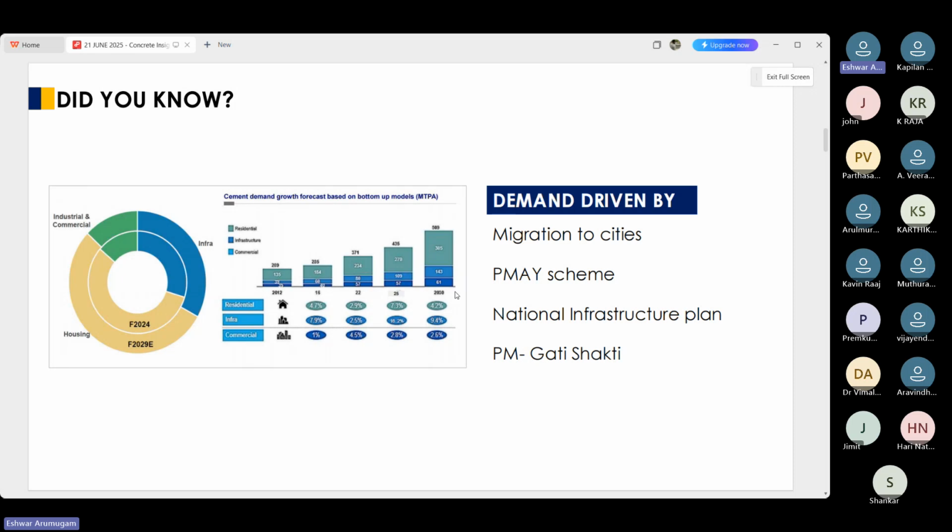Already 42% of the projects in the national infrastructure pipeline are under implementation, and around 16, 17 more construction work has been picked up as a direct result of the government investment of about more than 1 trillion